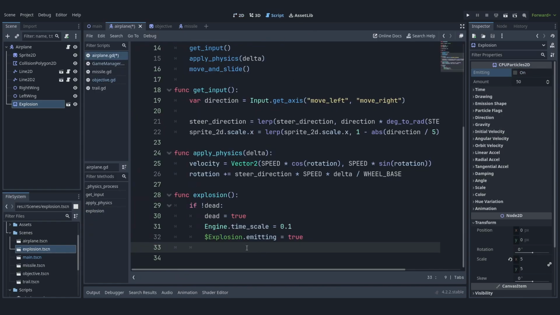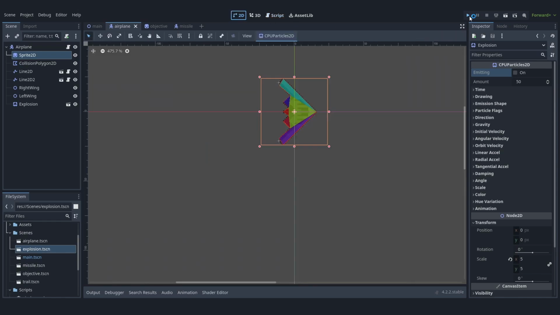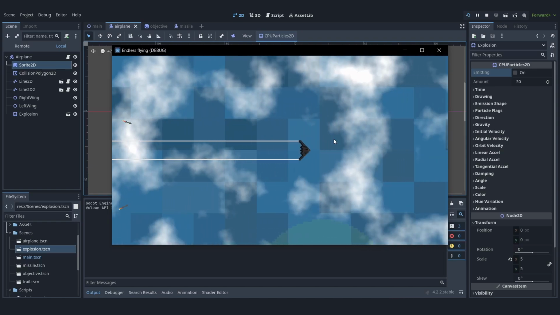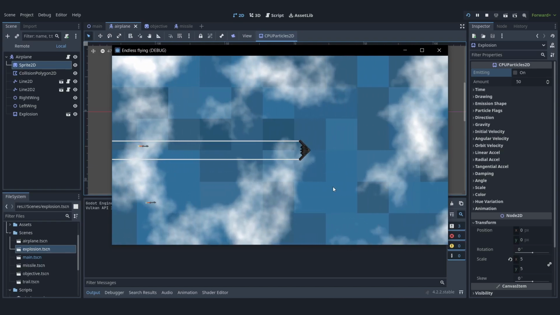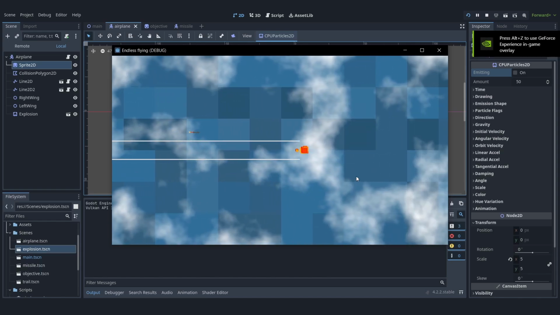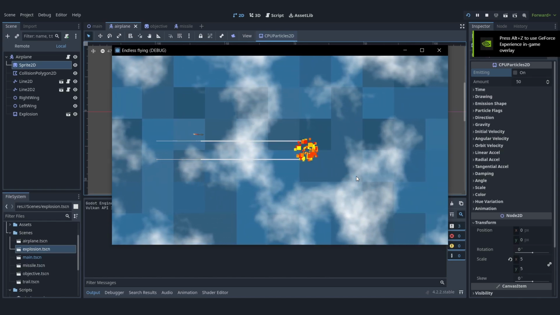And another thing we want to do is hide the sprite. So I'm gonna do visible to false. And that's pretty much it. So if we run the game now, let's see what happens. We should see some stuff. Yeah, you can see they started exploding, and if they reach us, we explode, and in like a big slow